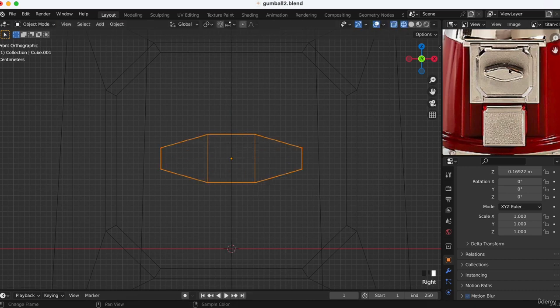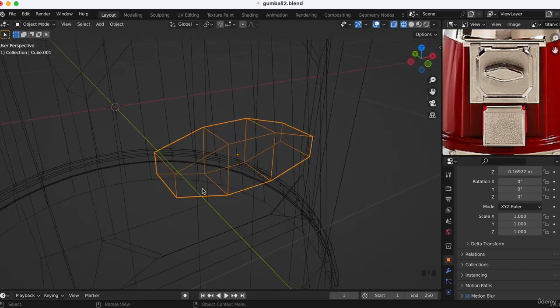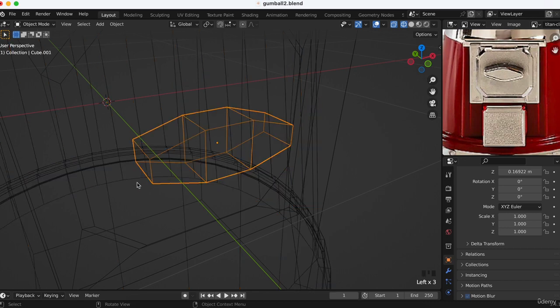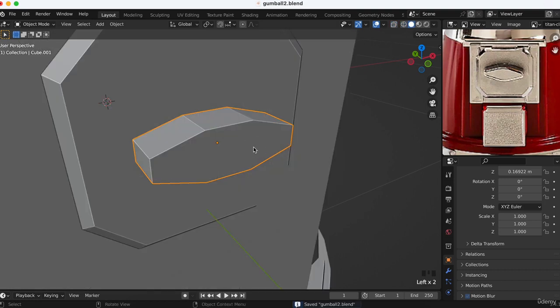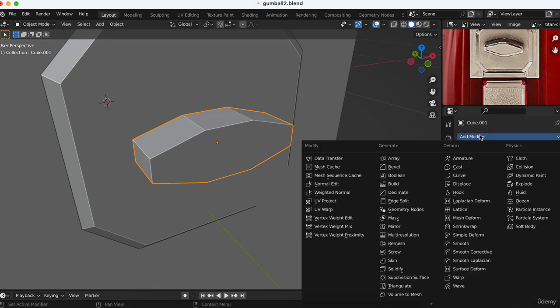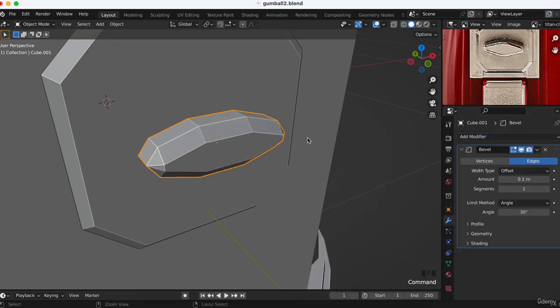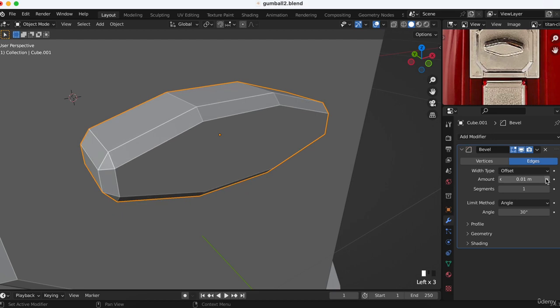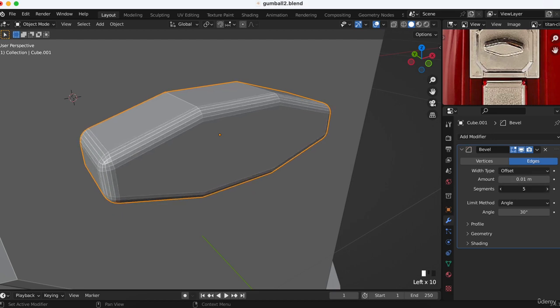And then it is really beveled because it is really round. So we need to add a bevel modifier because we want to bevel all of it. So we can add a bevel modifier to see what it's doing. We go on solid, and then we can go in the modifiers here, Add Modifier, and Bevel. So now it is really round. We can put the amount less, like this, segments more,